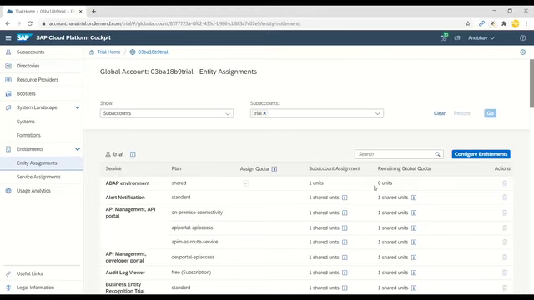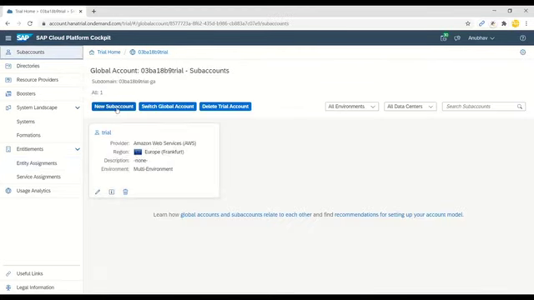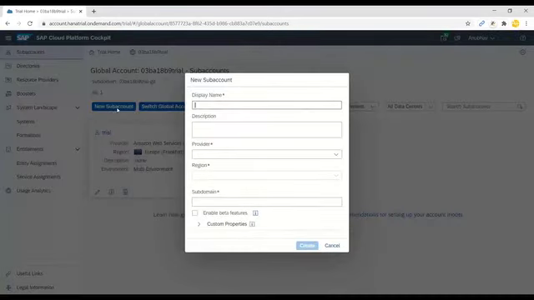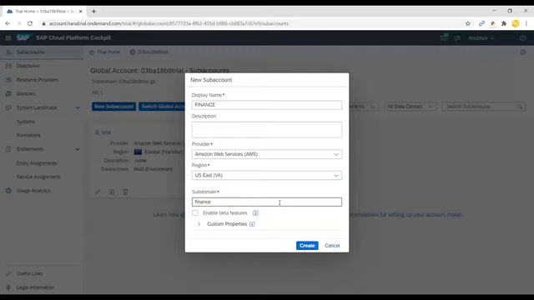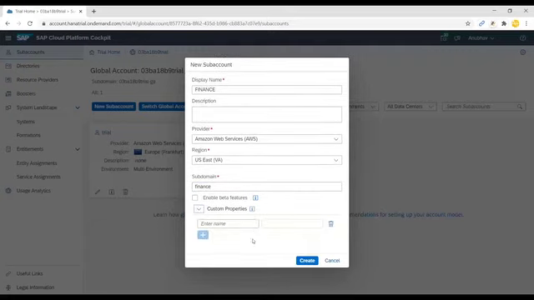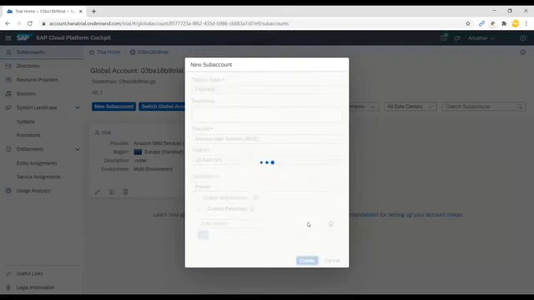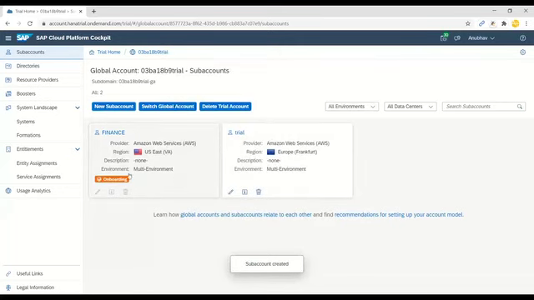Yet you can organize it the way you want by creating an extra sub account and adding more computing resources. So you can say new sub account and say this is for my finance team. I will use AWS with, let's say, US, and then I can give a subdomain name, let's say finance, and then I can see custom properties and I say create. So I can create another sub account, but what resources will go to this sub account I can decide from